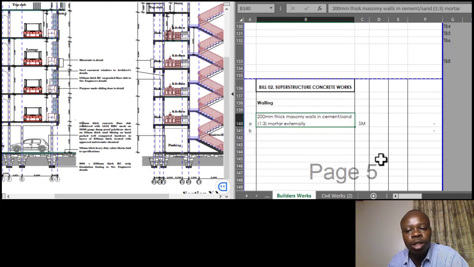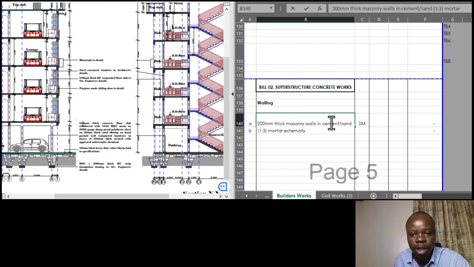Then, the material, then how it has been bonded, how exactly that wall is going to be built. That is now the jointing: jointing in mortar, cement, sand, 1 to 3 mortar. Okay, you can then go ahead and state with